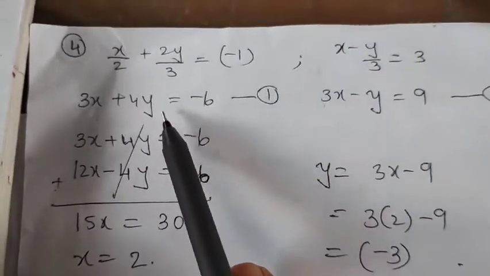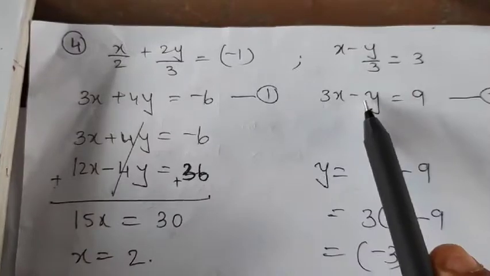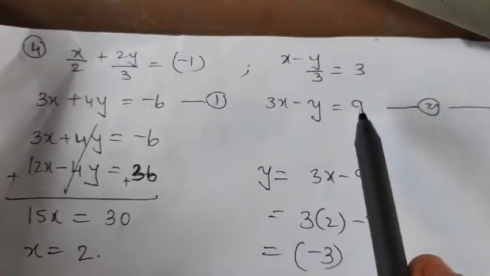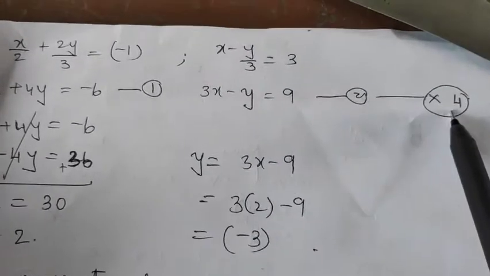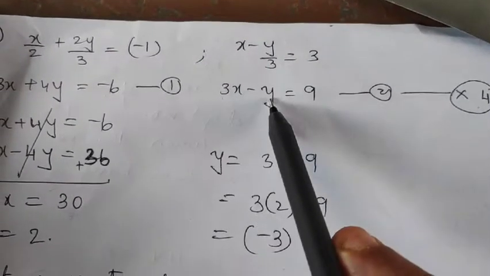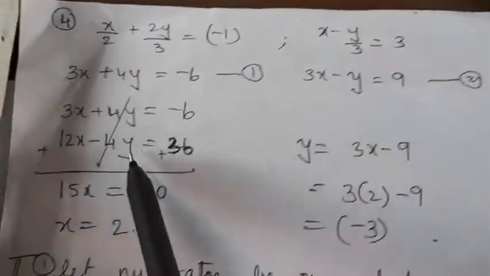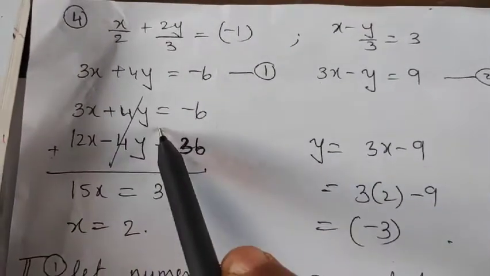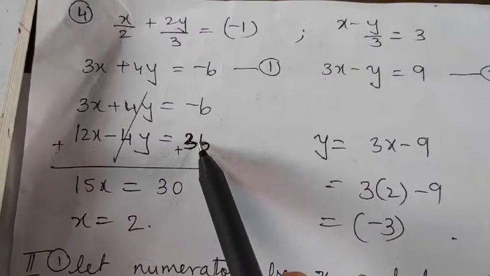But another way is with one multiplication. Here it is only y. So if I multiply only the second equation by 4, then it becomes easy. See, I multiply this by 4. So 4 3s are 12, 4y and 36. 12x minus 4y equal to 36. First equation as it is. Second equation is the multiplied form.